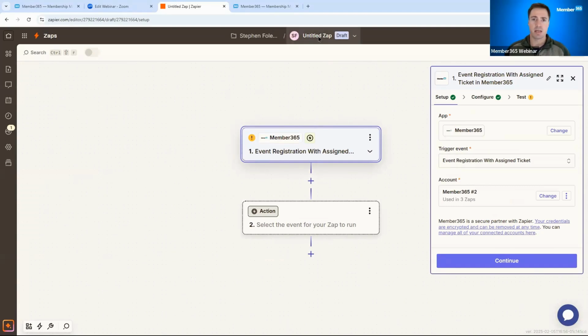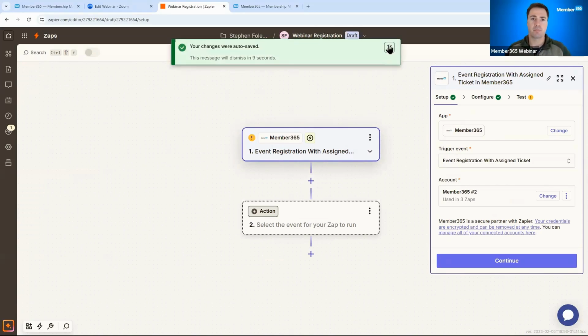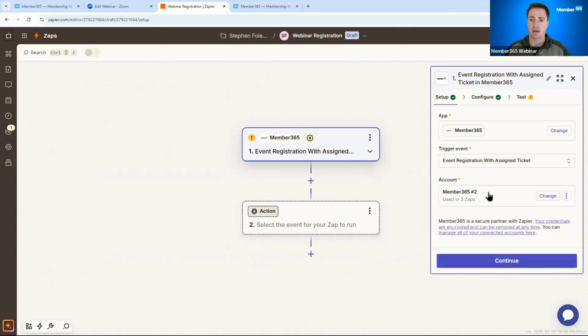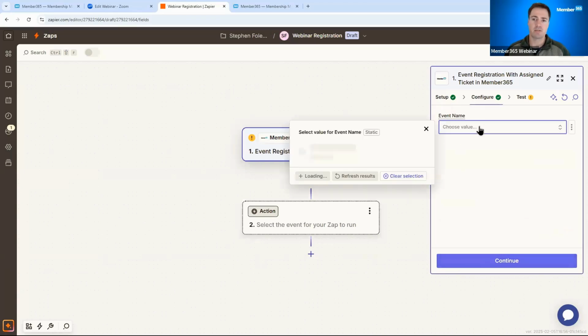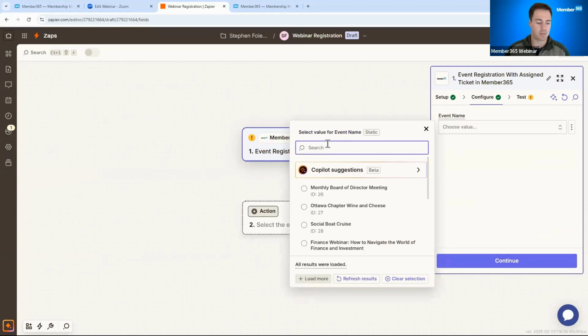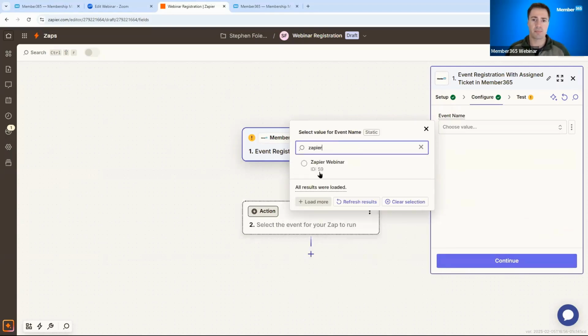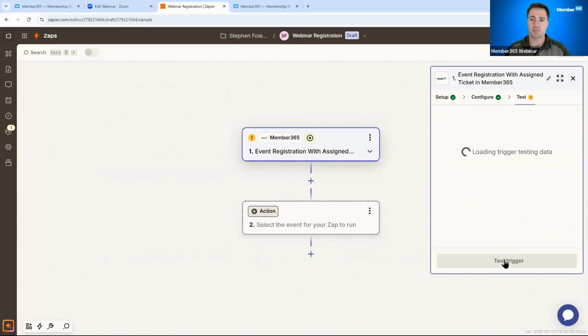Another thing you'll want to do is name this app something that you will remember. So webinar registration, maybe your particular event, webinar registration, whatever is going to be easy for you to remember down the line. All right, so now that we've got our trigger selected and the account set up, we'll hit continue. Then we're going to choose the event that we're connecting. So in this case, it's going to be that Zapier webinar that we looked at the beginning. And then we can hit continue